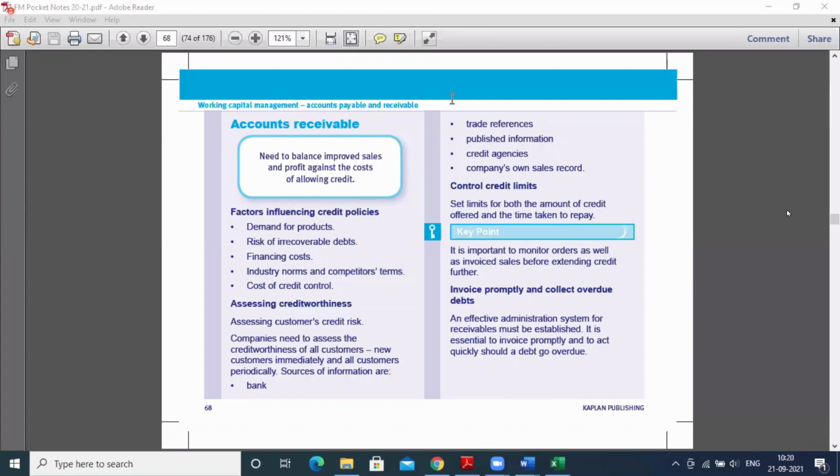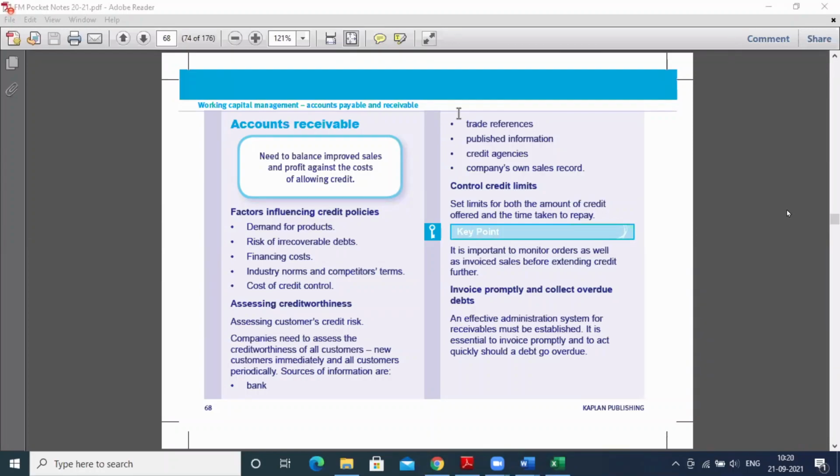Yes, perfectly correct. Because if you give this task to the sales department, definitely they may not be experts to assess the credit worthiness, and in addition to that, they might involve themselves in fraudulent activity to maximize the sales. It means without proper scrutiny of the credit profile of the customer, they might sell the goods. So that's why it is always recommended to have a separate credit department. So the credit worthiness of the company should be assessed by the credit department.